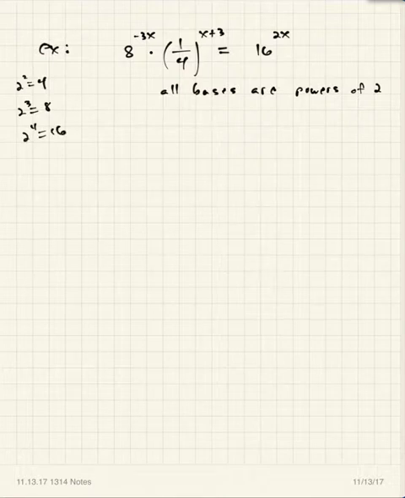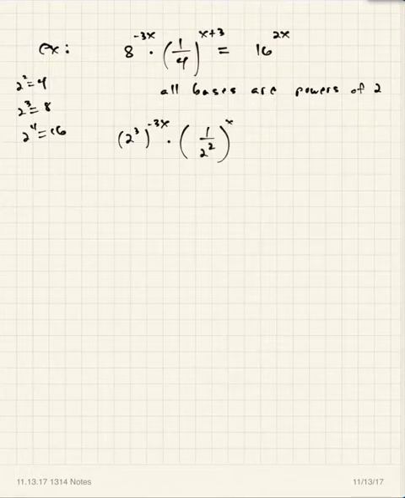Right? And so go through and write all of those bases as powers of 2. So the 8 is 2 to the 3rd power, and that's to the negative 3x. And then times, and this is 1 over 4, which is 2 squared, to the x plus 3, equals, and then 16 would be 2 to the 4th power to the 2x. All right, so I've written everything as a power of 2,